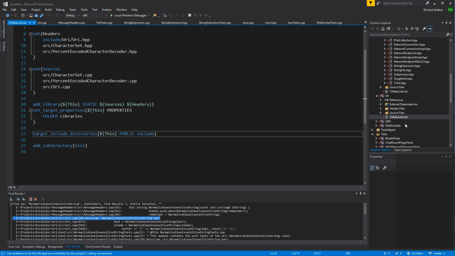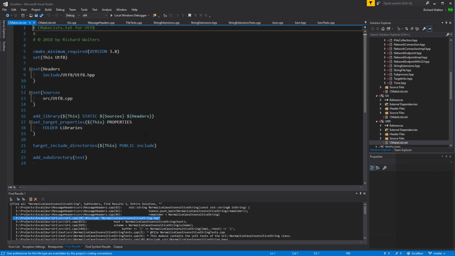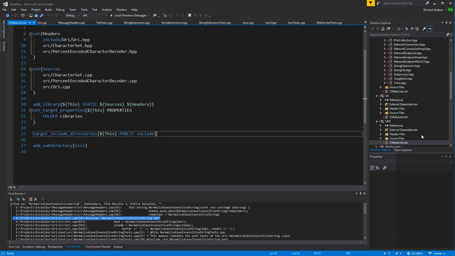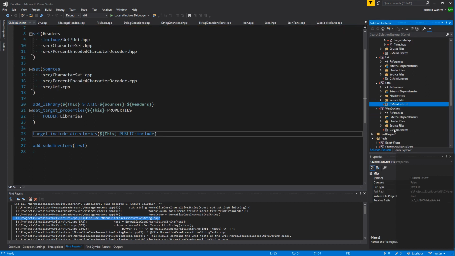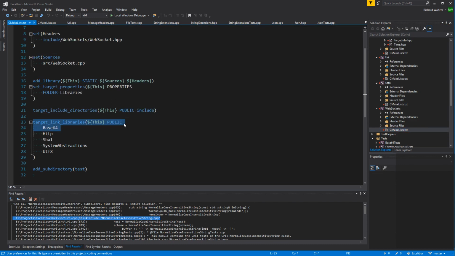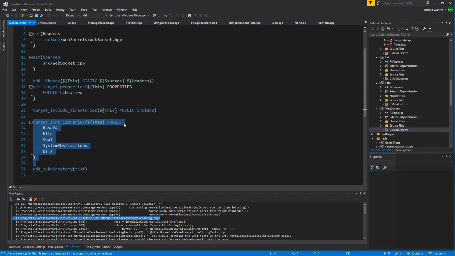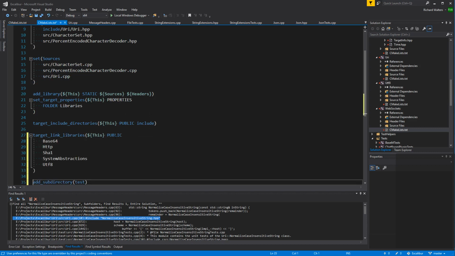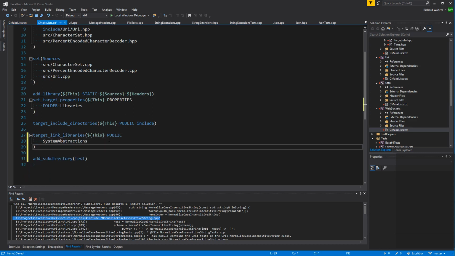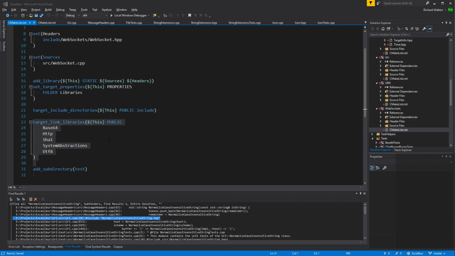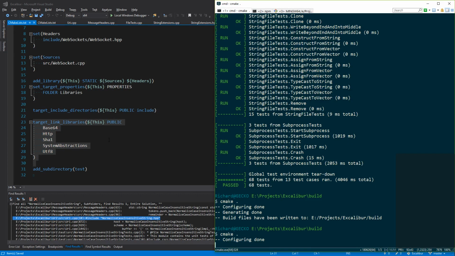Oh, it doesn't have any dependencies. Well, now it does. What's one that has dependencies I can copy from? Here we go. Okay, just trying to follow the same pattern here. So, rerun CMake.